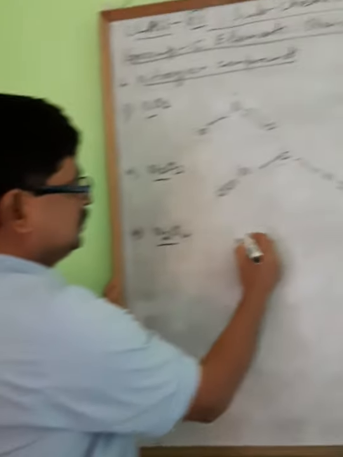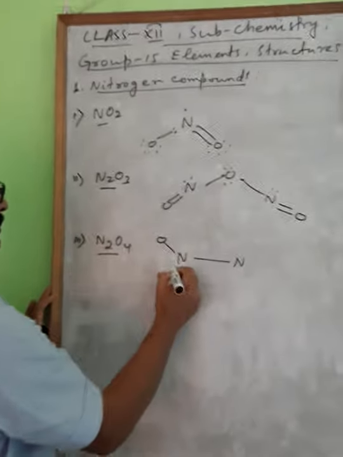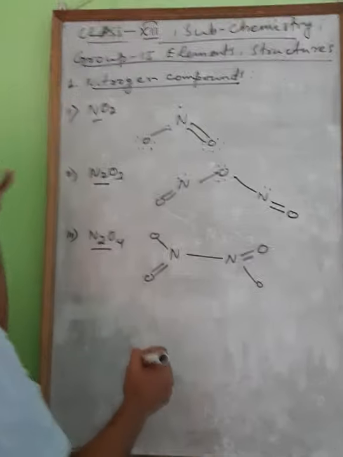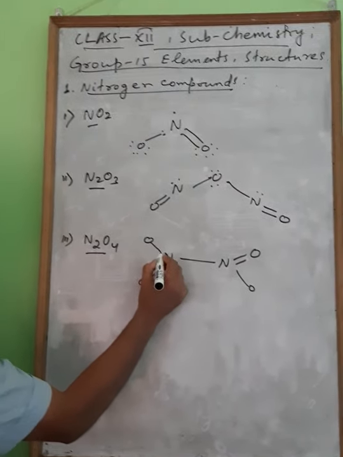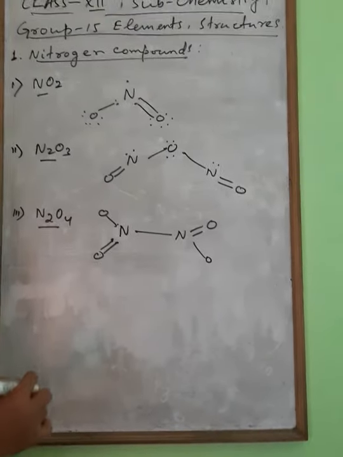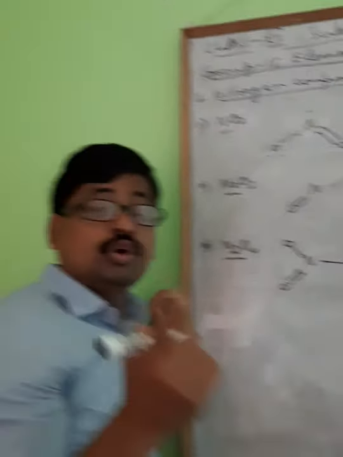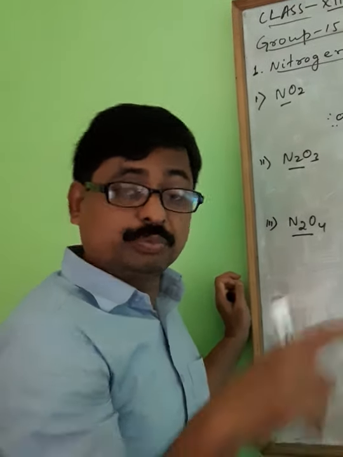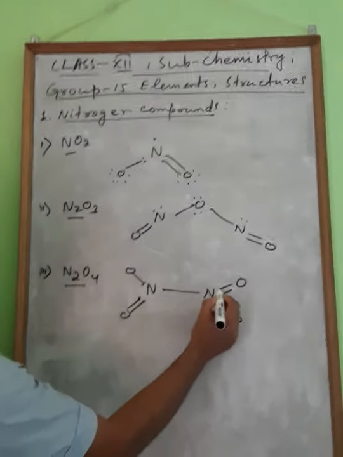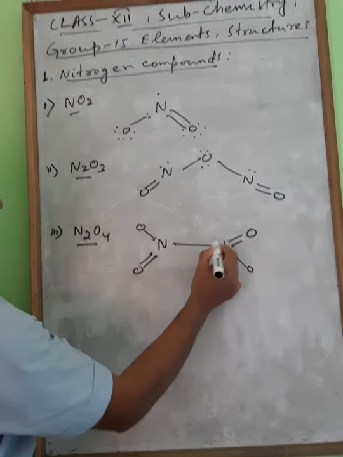How many oxygens? 4. And 2 nitrogens. Put nitrogen here. A single bond is there. And here we can put this. Look at this. Here 2 bonds. 1, 2, 3, 4, 5. Here a single bond means oxygen with oxygen single bond, you have to keep in mind that this is a coordinate bond. What is a coordinate bond? The bond formed by the donation of a lone pair. So this is donation by lone pair. So here 1, 2, 3, 4, 5. Here same thing. This is what? Coordinate bond. 1, 2, 3, 4, 5.